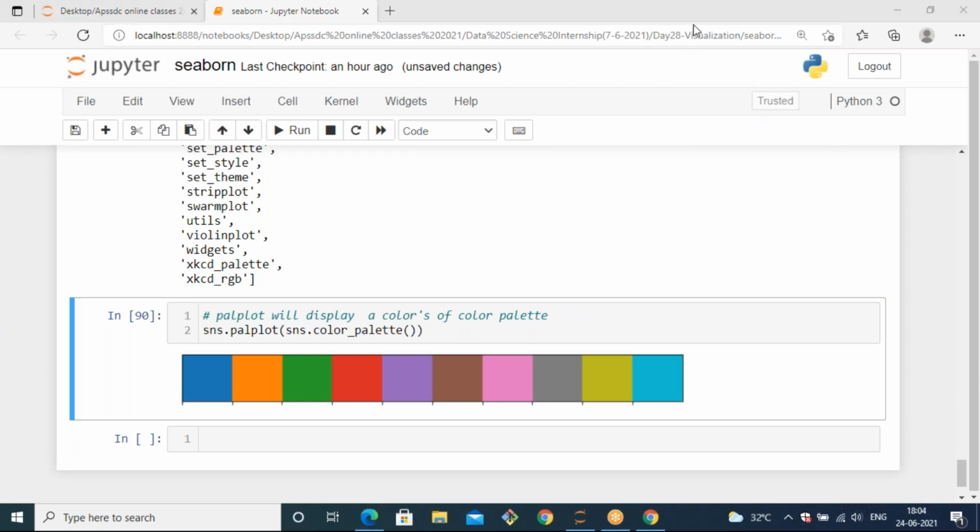It is a kind of object that might have all mixed colors. Okay, palette means it is a kind of object. With that object, you can use all the colors, mixed colors.